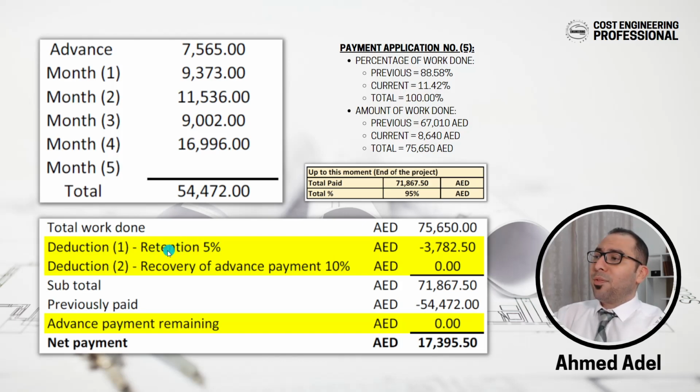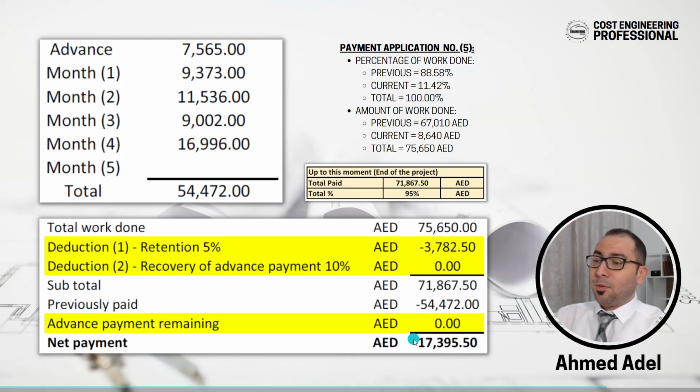So I'll deduct only 5% here, which will be 3,700, and I'll not recover any advance payment because the project is finished, my friend. So you have recovered everything. You have your advance payment with you now as a project, which you can use and you can do everything. So the subtotal will be 75,000 minus the 5% retention, which is 71,000. And previously we have paid 54,000, and the advance payment remaining will be 0. So 71,000 minus 54,